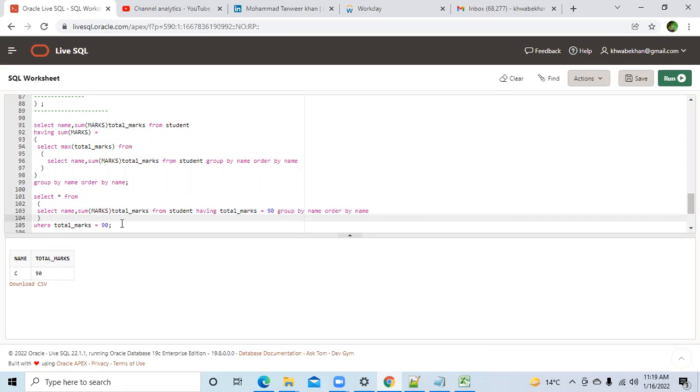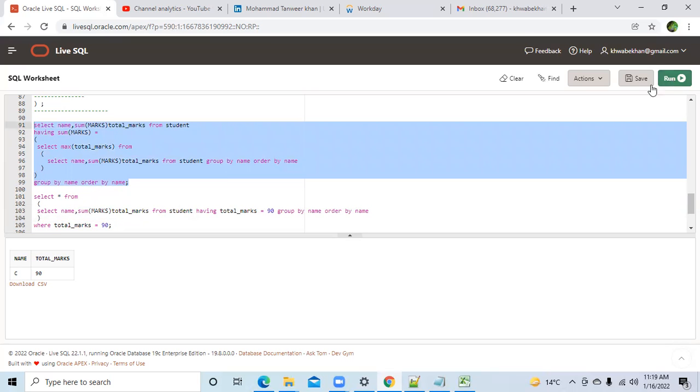Okay, where I was, I forgot what I was teaching. We were talking about this, and we got that this is one of the ways you can get that output. We got that he is the topper, he has scored 185, and we have solved this question with the help of subquery. This is known as the subquery concept. But if you show this output to someone, they will tell you that this is very complicated, and I do agree. Because we have many other ways: you can do it using join, using CTE expression, rank, dense rank, row number, many others. I'm not saying this is the perfect way, but you should know all the ways. That is why I've told you this one.